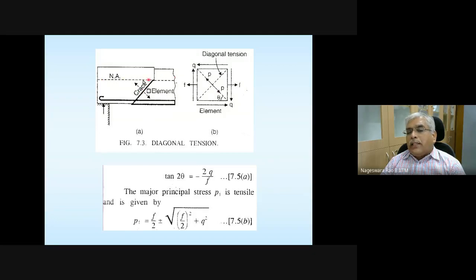This is the neutral axis. This element is below the neutral axis, so the normal stress is going to be tensile in nature, and these are the shear stresses. Just now we noted the equation for principal stresses. So what are these principal stresses, how are they going to act, and what is this theta? What is the meaning of it? That is all shown in the figure. Theta is nothing but the inclination of this diagonal,